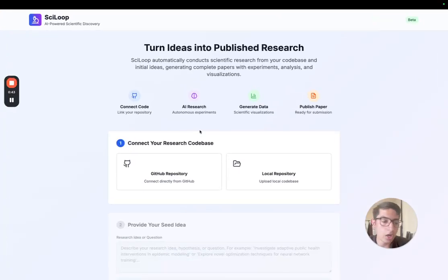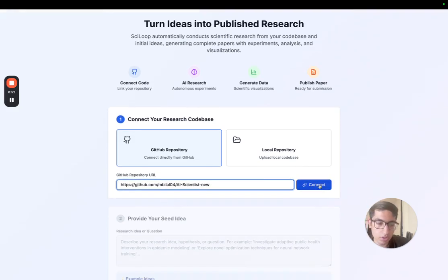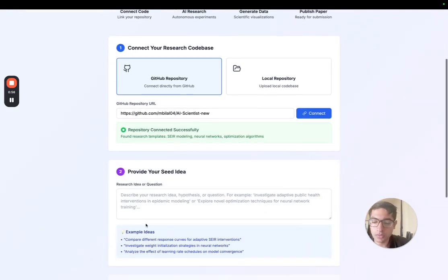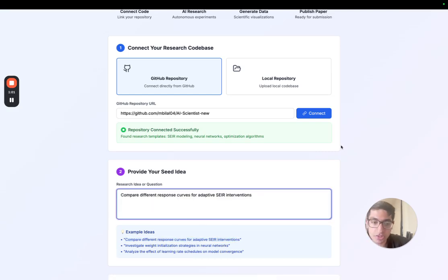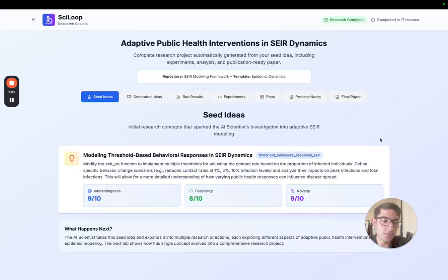So here is how our platform could help you automate such a research problem. Our onboarding process is super simple. You give access to your GitHub repo, or you upload a local repository, and then you give it an initial seed idea, which is the direction you were thinking of pursuing, and then you simply click research. It spins up a virtual machine where an AI agent has access to terminal commands as well as the internet, which means you don't have to worry about an AI agent corrupting